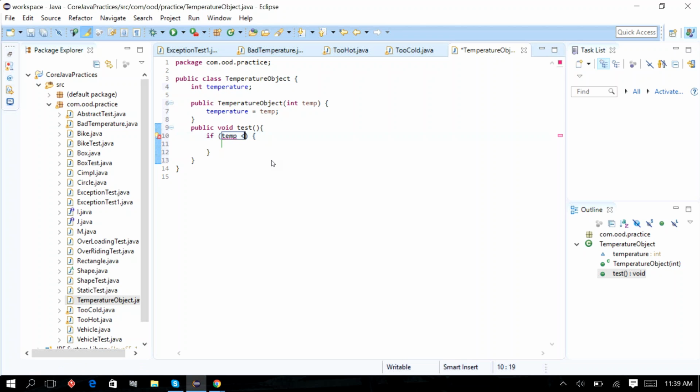If temperature, not temp, temperature is the property name. So your property you need to test it here. If temperature less than 50, right? If temperature is less than 50,